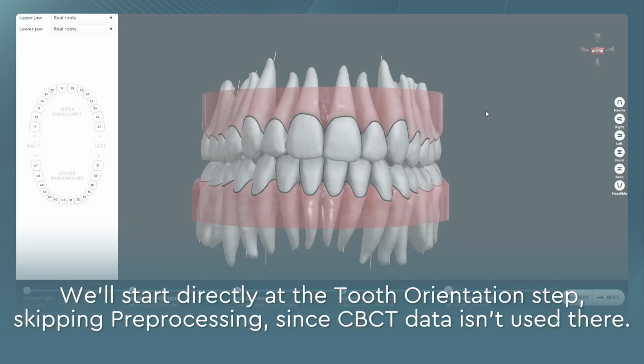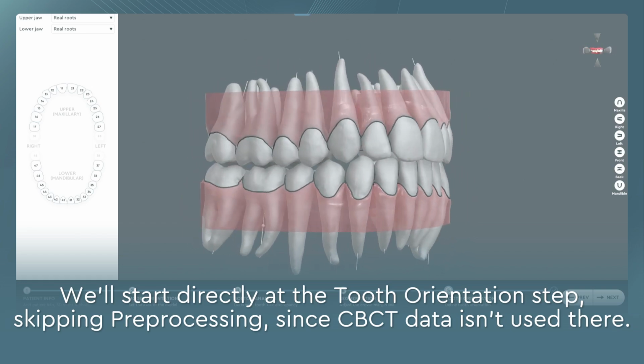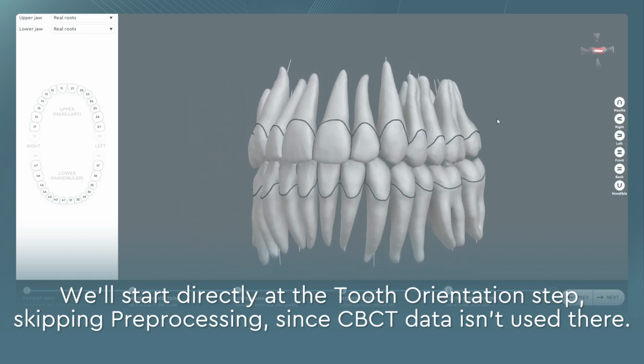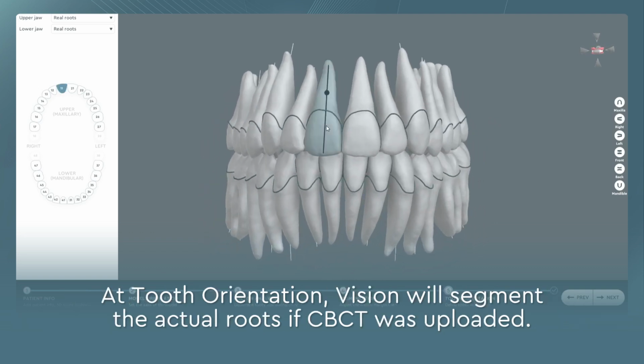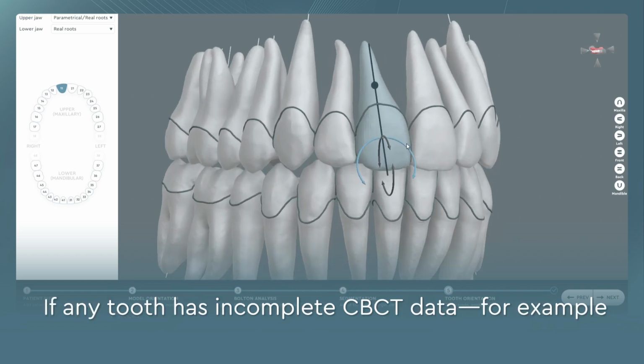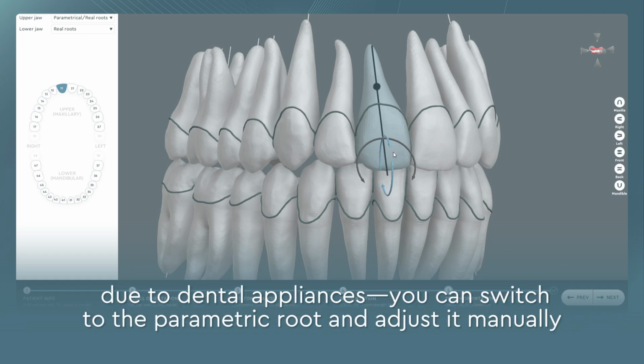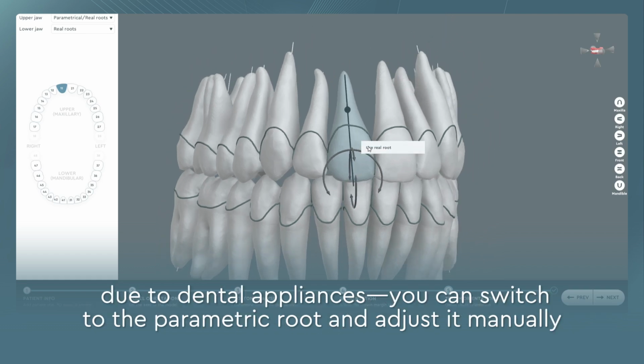We'll start directly at the tooth orientation step, skipping pre-processing, since CBCT data isn't used there. At tooth orientation, Vision will segment the actual roots if CBCT was uploaded. If any tooth has incomplete CBCT data, for example, due to dental appliances, you can switch to the parametric root